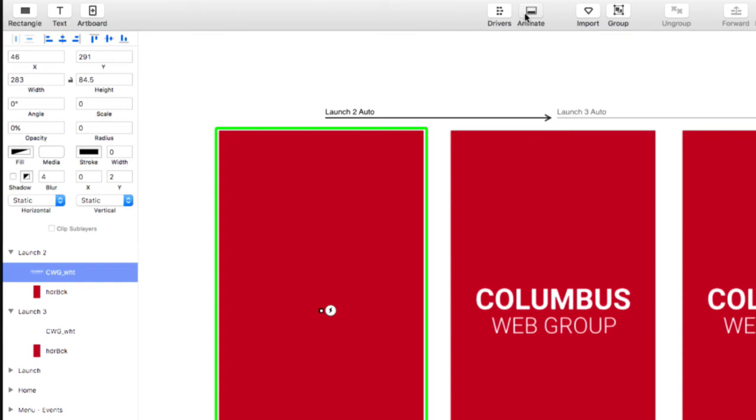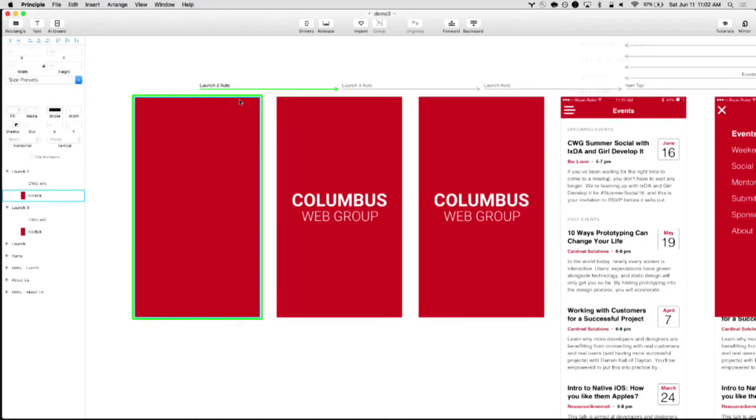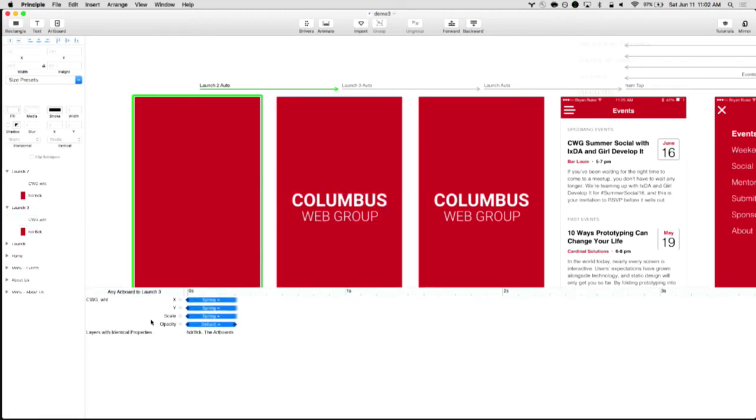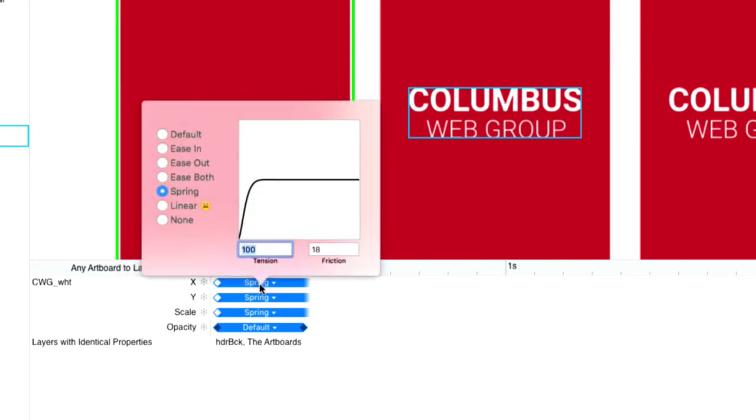So if I look at my Animate panel, that's probably up, it's just way down there. We can see the options are for opacity, scale, and X and Y. So these are the 4 variables that Principle has detected are changing from one event to the next. So I took these 3, the X, Y, and scale, gave them a spring of 100, friction of 18, because